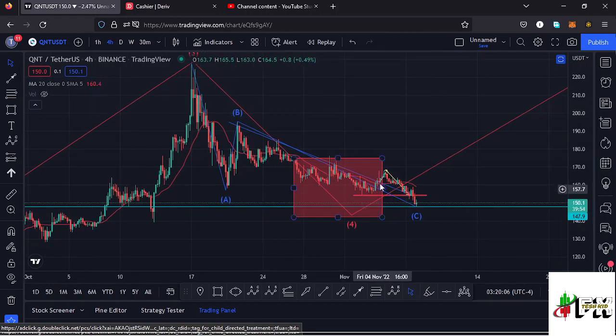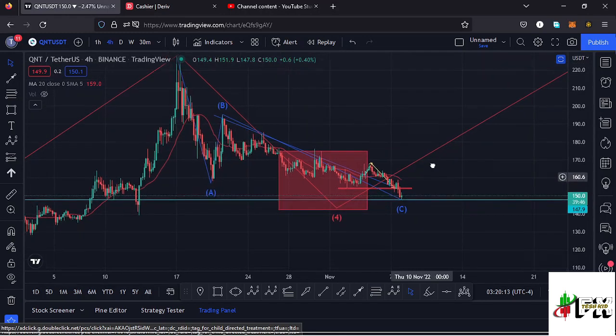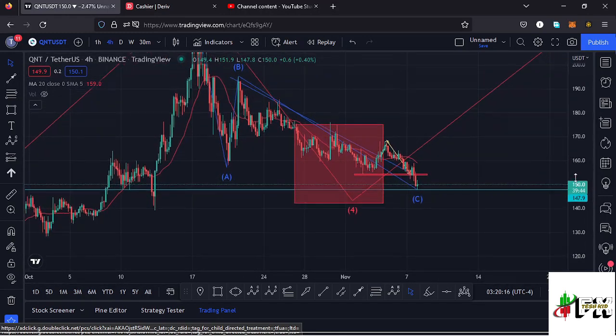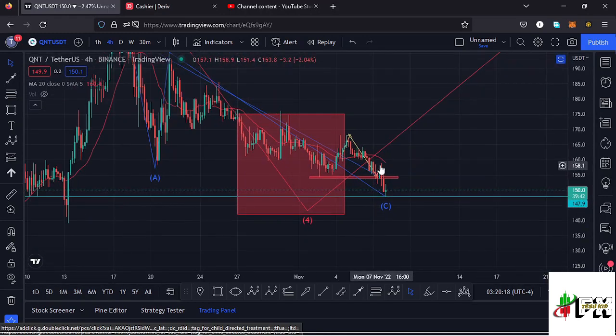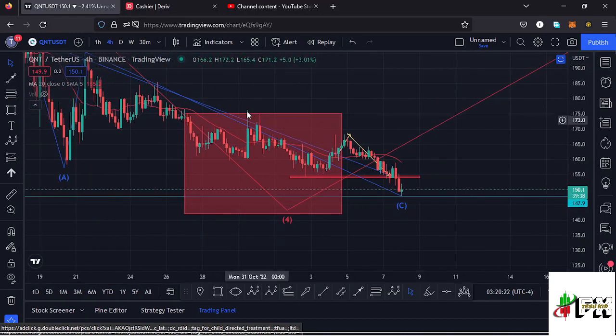So very soon I'm expecting to see structures that will be giving us a bullish movement to the upper side, and also that high momentum to continue pushing higher. But here on the 4-hour chart we can also see that we are trading below the 20-day MA, meaning it's now acting as a resistance. And if I jump to the 1-hour chart for further analysis,